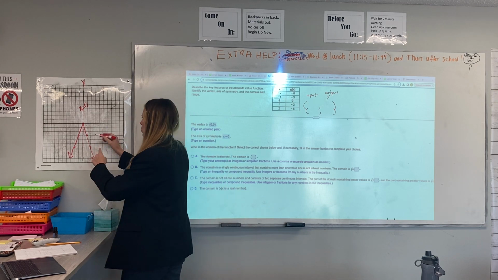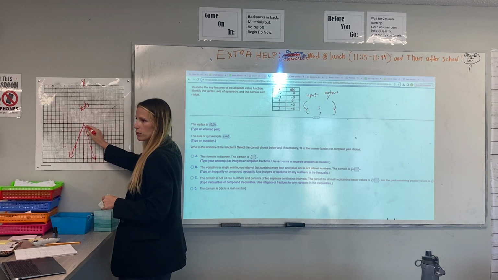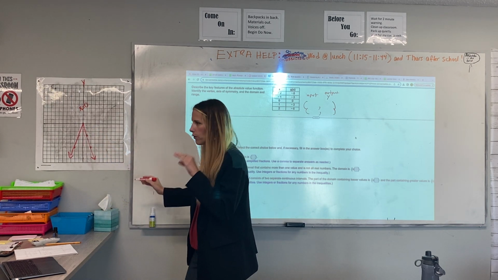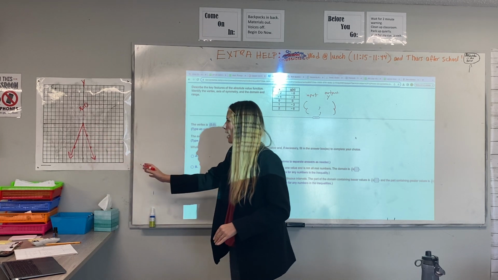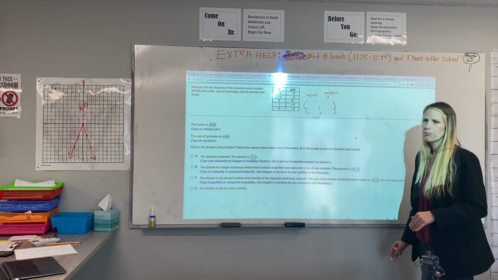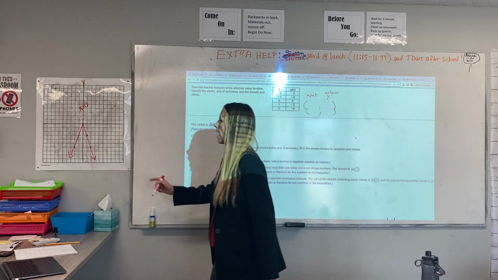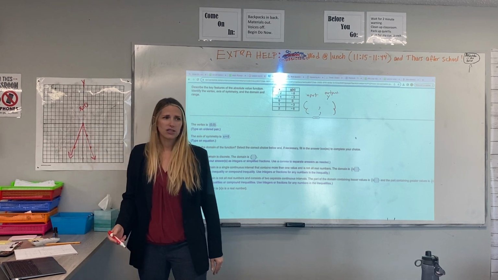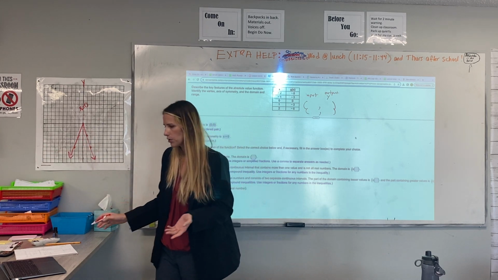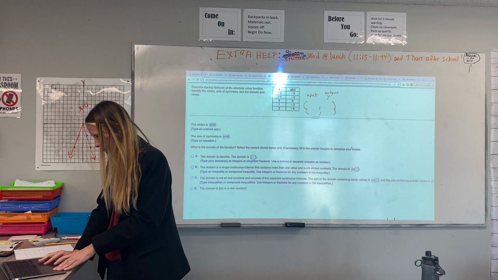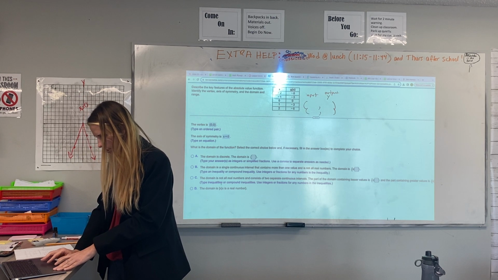But the x values start at 0, right? And it goes out, out, out, out, out. Yes, it's going down, but it's also going to the right. As it goes down, it's also going to the right, and to the right, and to the right, to positive infinity on the x. And then from 0, it's also going to negative infinity on the x, which includes all real numbers. So we would say that x is a real number, which is,